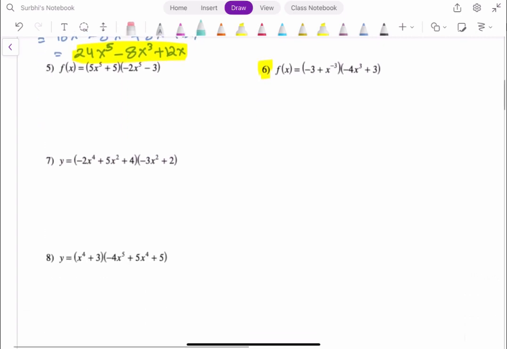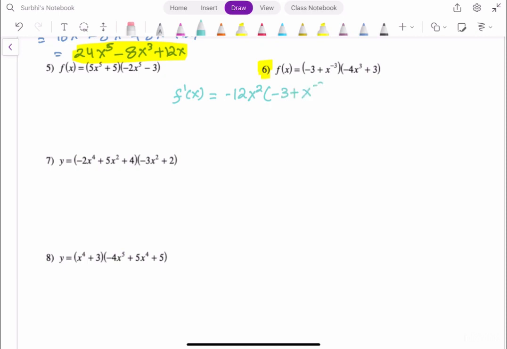Let's try question number 6. Question number 6, be careful because in the left term, we have x to the power of negative 3. Remember, when we have a negative exponent, how to deal with the negative exponent? A to the power of negative m will be 1 over a to the power of m, right? So keeping that in mind, I will take the derivative